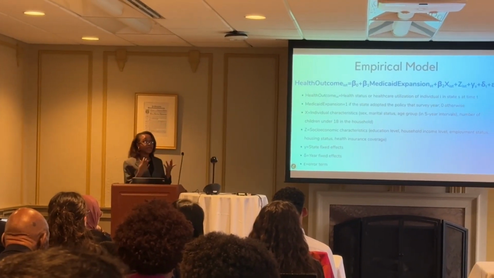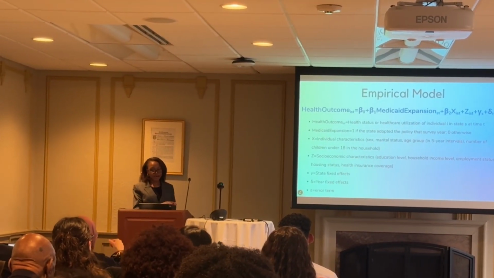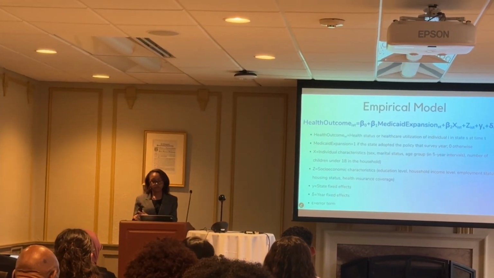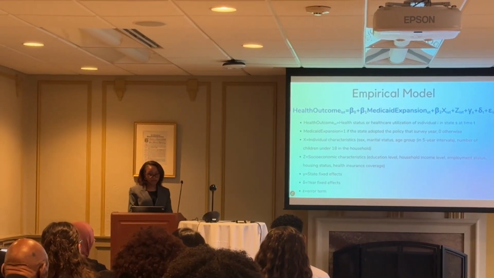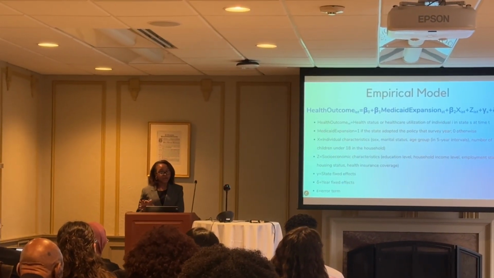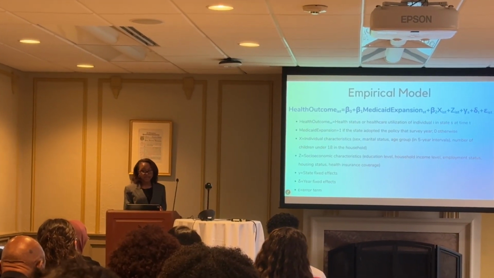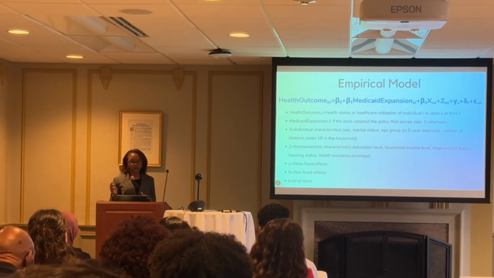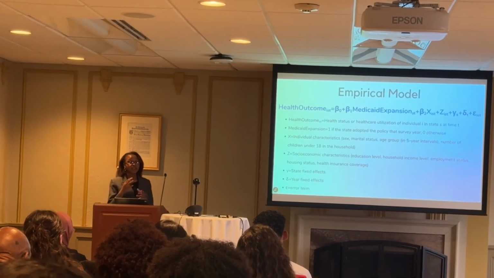And this is our empirical model. So to kind of explain this further, health outcomes are any of the measures of self-reported health and healthcare utilization. Medicaid expansion is an indicator of whether they had it in that year or not. Z denotes individual characteristics. X denotes socioeconomic characteristics. And then we also added state and year fixed effects to the model, which are indicators that capture the impact of being in a particular state and year